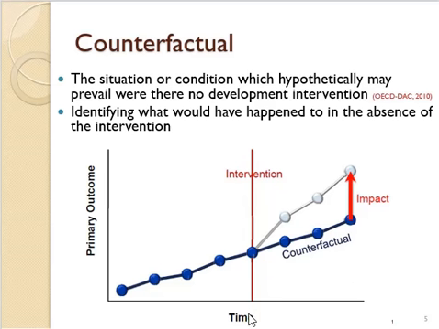So if you see in the middle here, you see the intervention. We are saying that the situation from the beginning, in the first y-axis line, towards the middle red line, was improving somehow with time. But then with the introduction of the impact, the gray line above indicates the trajectory after the intervention. The blue line below is the trajectory without intervention, and the gap between